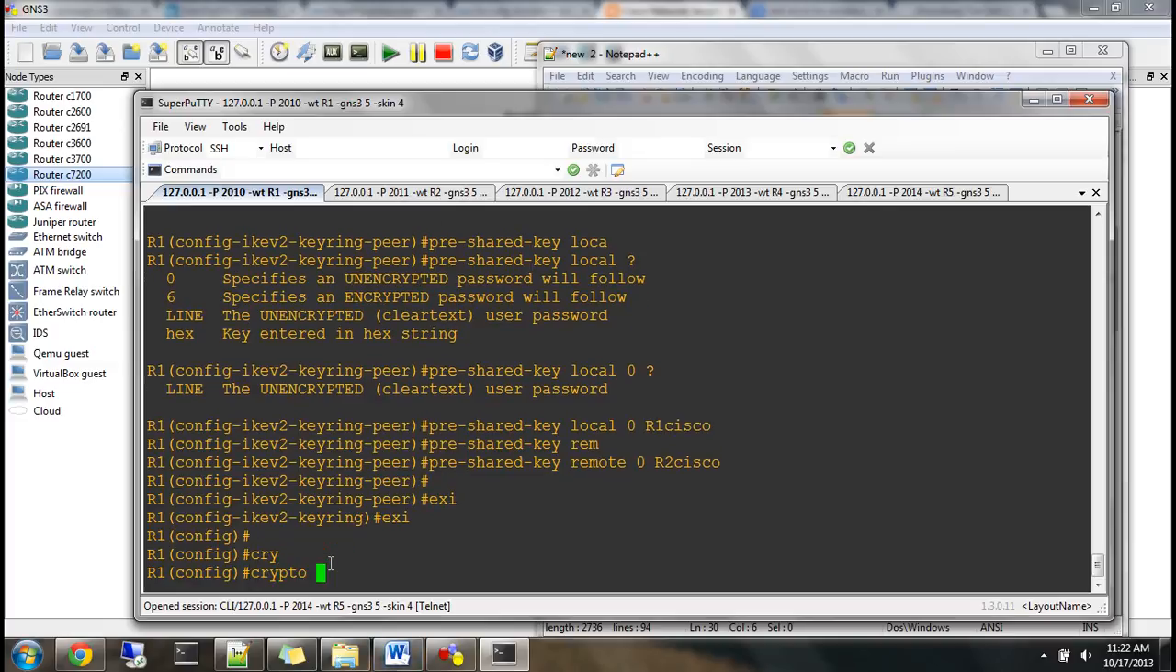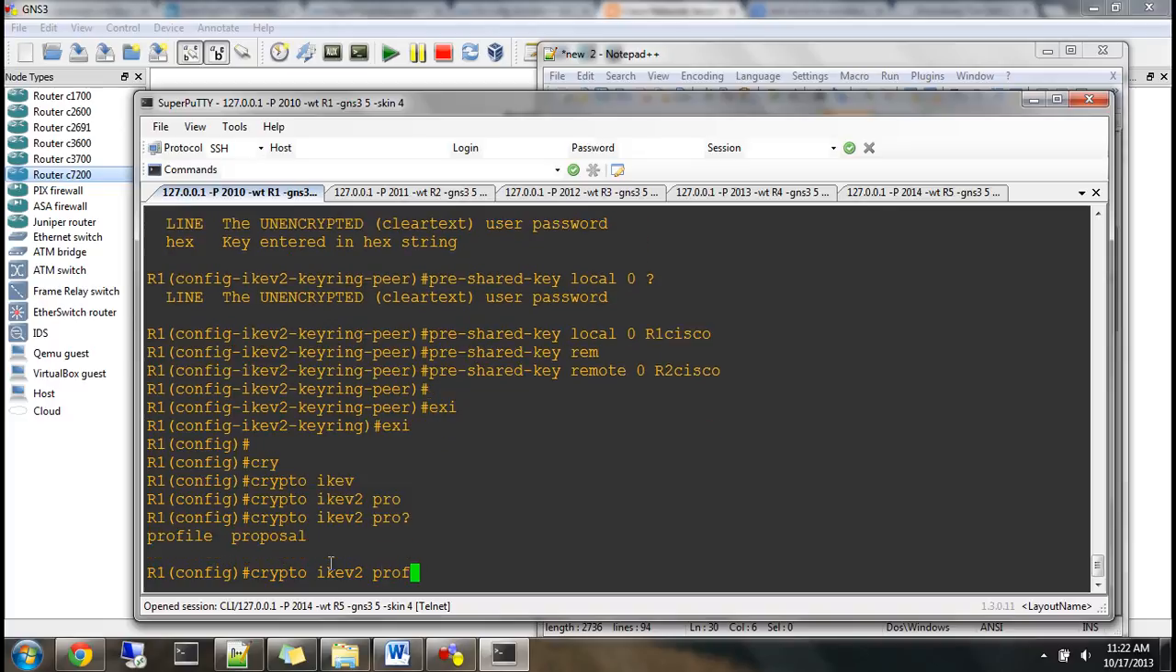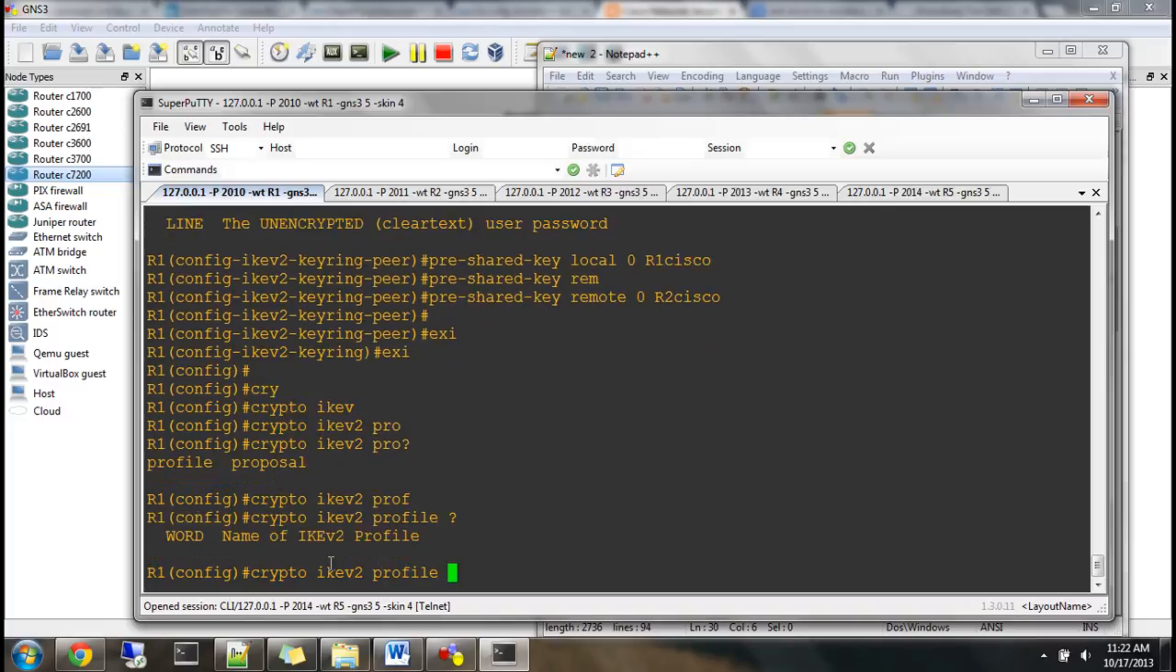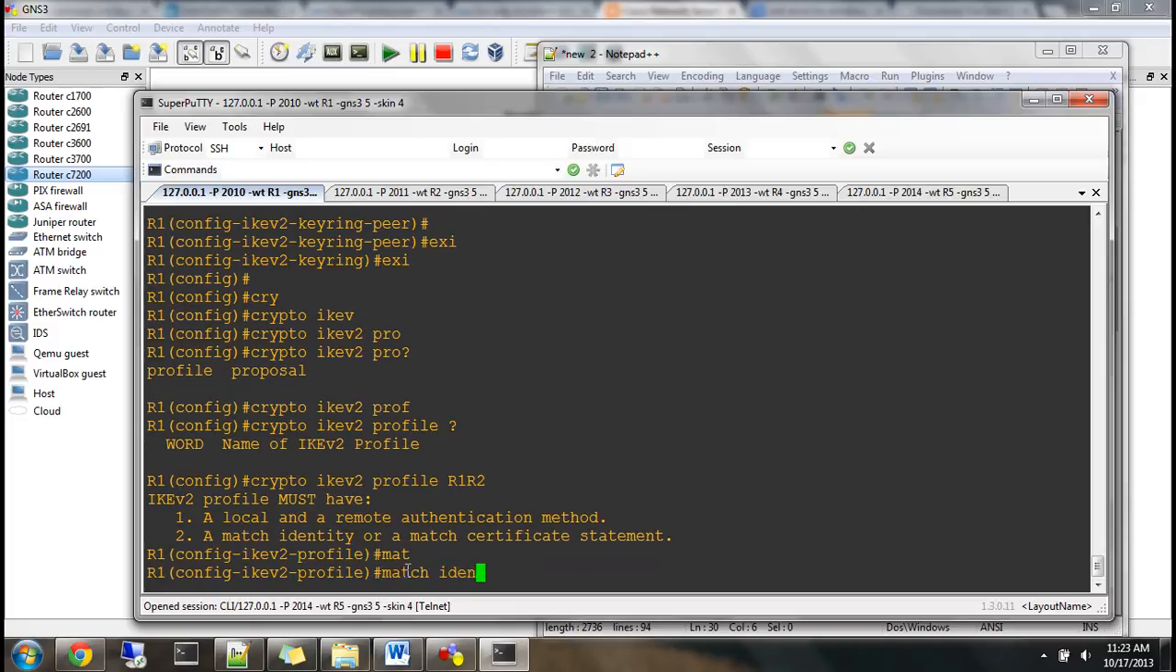Then crypto IKEv2 profile, give some profile name, R1 R2. Done. This should contain a local and a remote authentication method, first thing, and a match identity statement. Done. So you have to say match identity